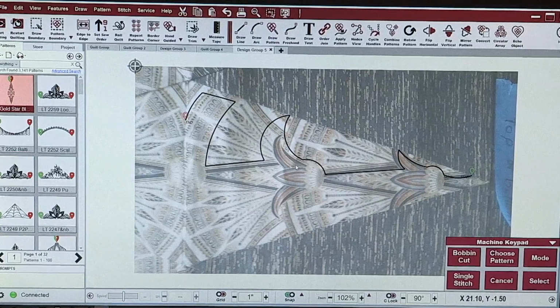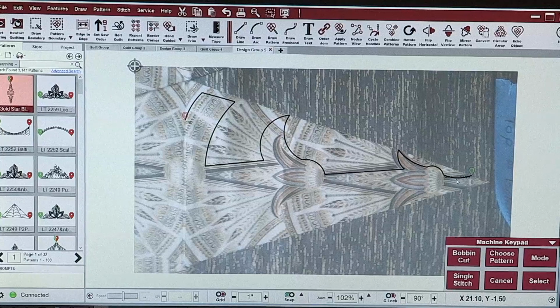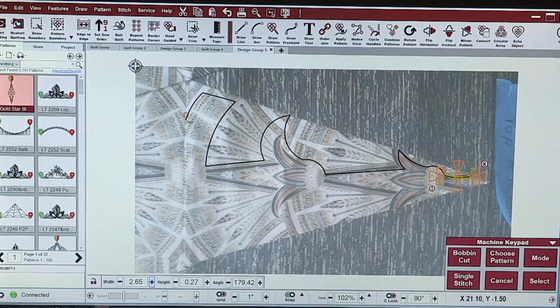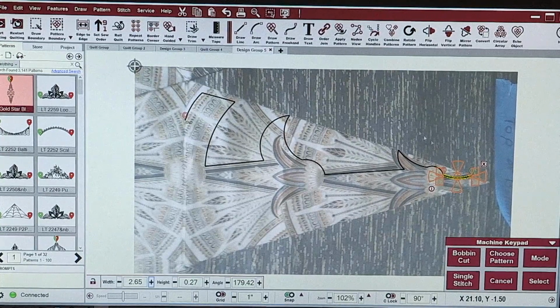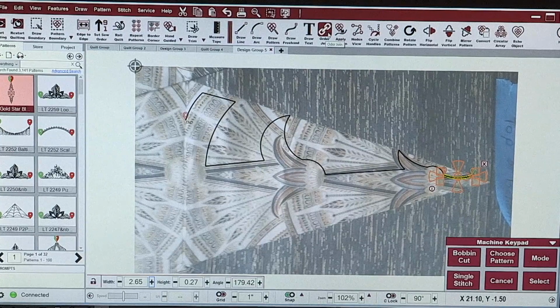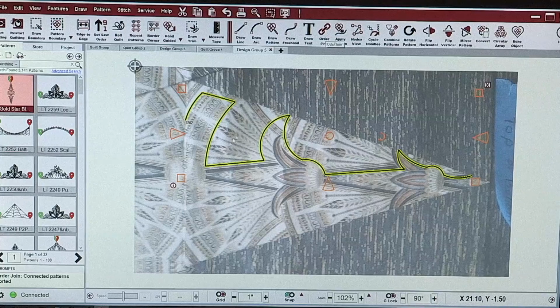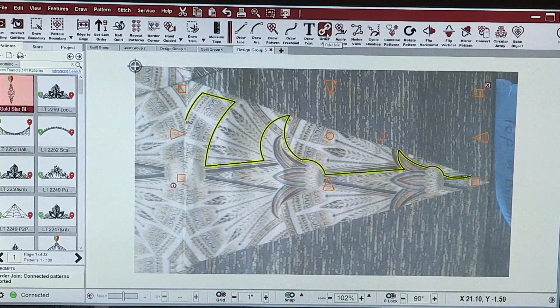Okay, so I'm finished drawing. I need to mirror this section of the pattern. And first I need everything to be connected. I'm going to choose my start point, my starting element. That would be right here. And I'm going to use order join, one of my very favorite tools. That's the link icon up here, to make sure that all of these different segments are all connected in one pattern. Now they all highlighted when I used order join, so I know that they are all connected,